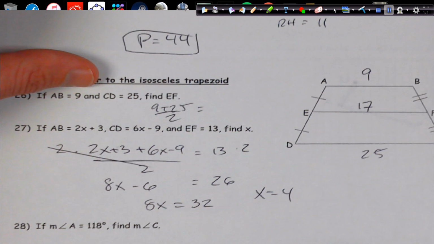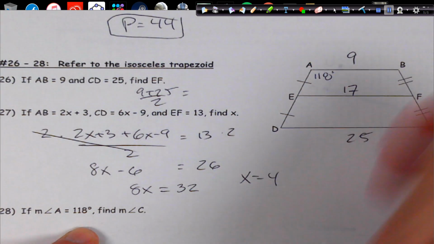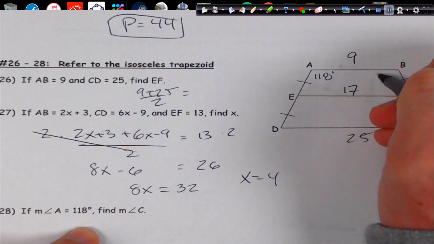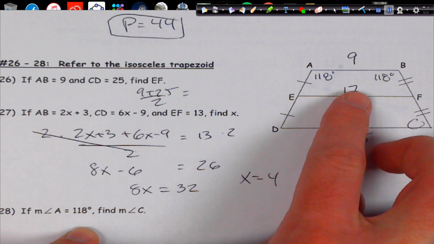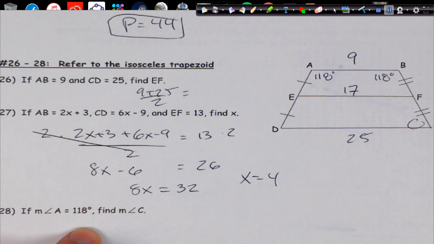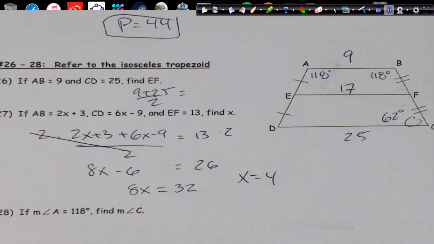Okay, and last one, we have angle A equals 118. Find angle C. Remember, base angles are congruent, and these two are same side interior, so I just have to do 180 minus 118, and we get 62 degrees. Okay? All right, that was part one. We'll come back with